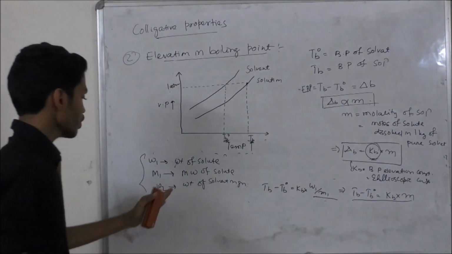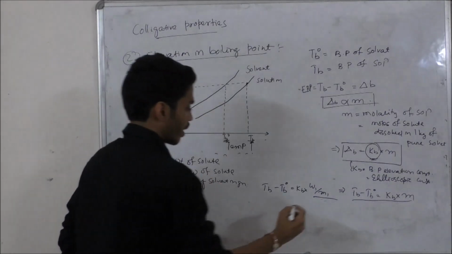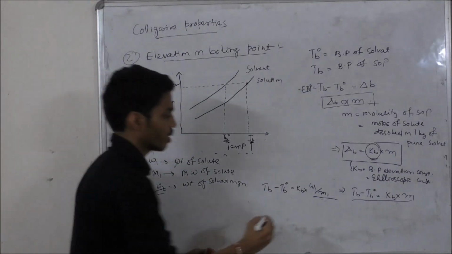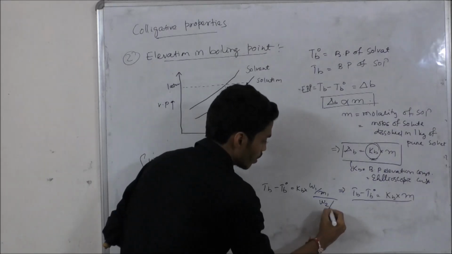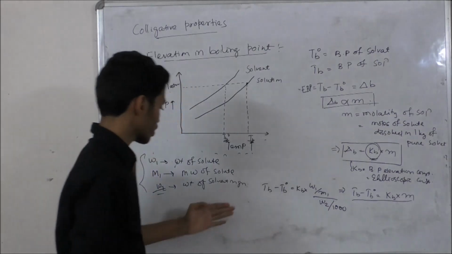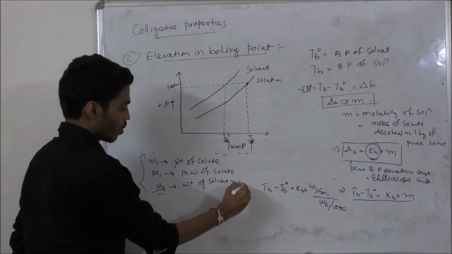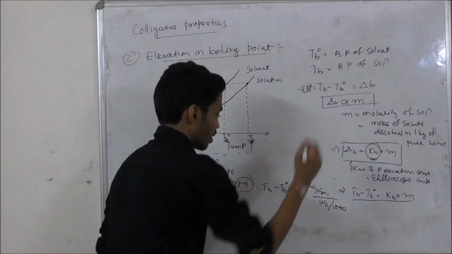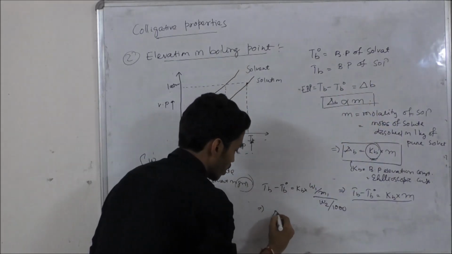We have taken W2 grams of solvent, so that will be W2 divided by 1000. I am dividing by 1000 because I have taken it in grams and we need it in kg. So the final equation will be